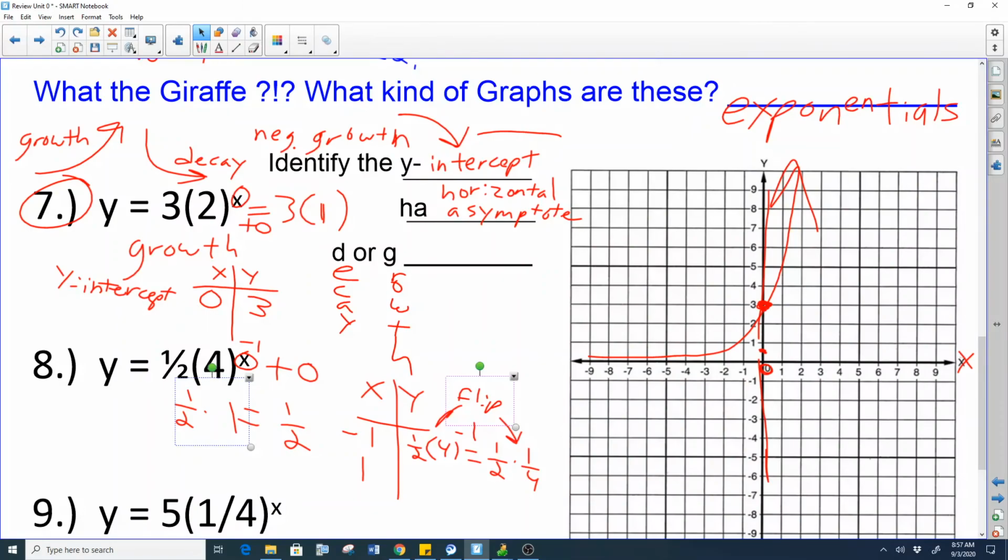So add negative 1. Exponential growth. Still might be. Let's see. When you plug a 1 in, 4 to the first power is 4, and then 4 times a half. It's still